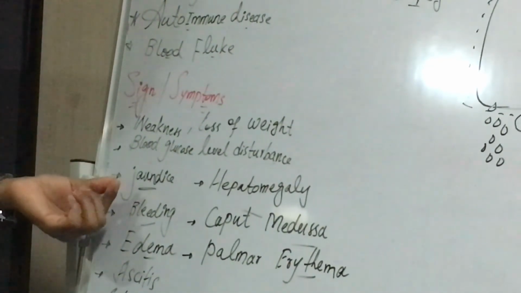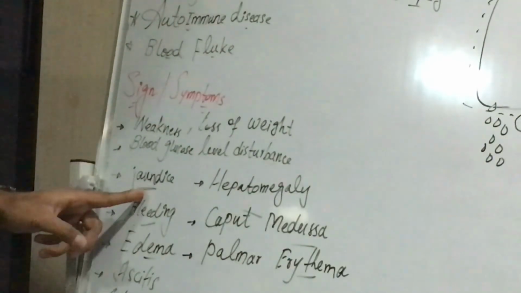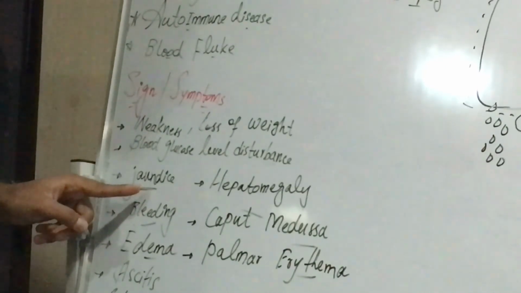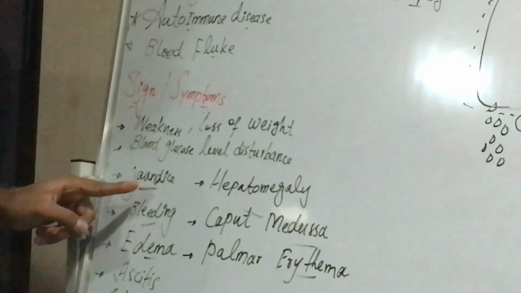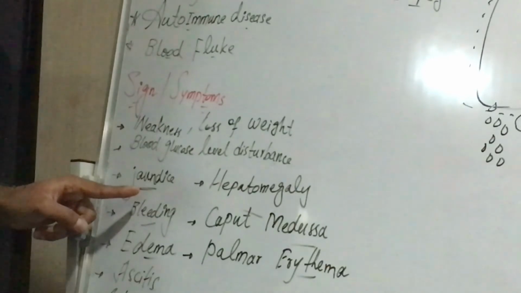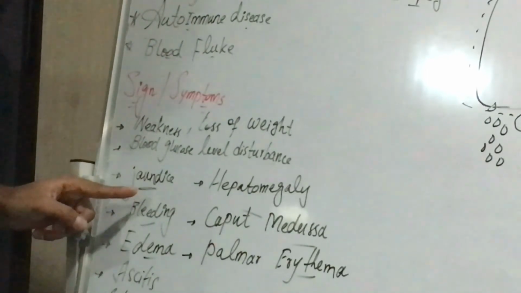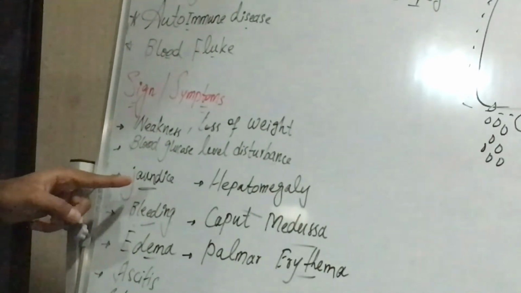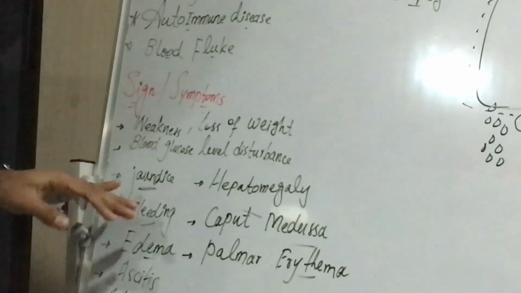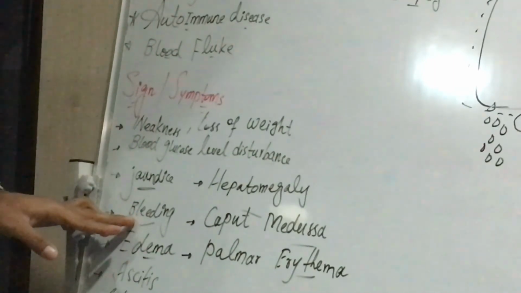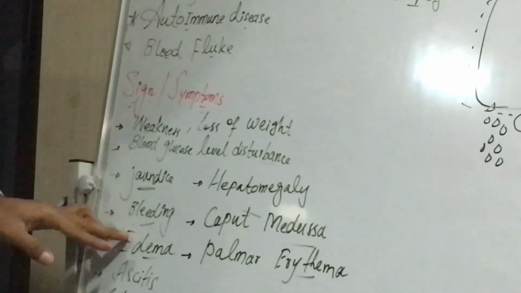Then we also said that if the liver cannot produce bile, then the patient will develop jaundice. And what will be the signs and symptoms of jaundice? Yellow sclera and yellow skin all over the body. These will be the symptoms of jaundice. Then the patient will develop bleeding. Then the patient will have